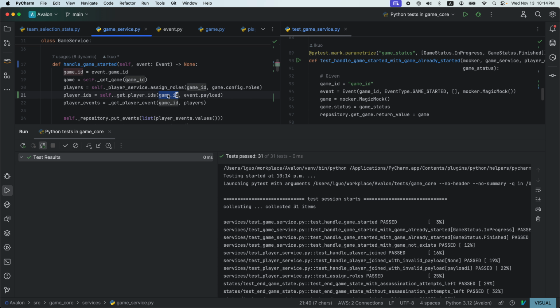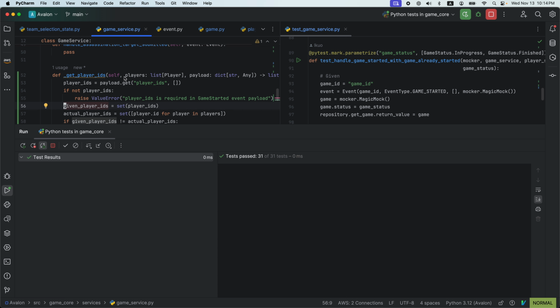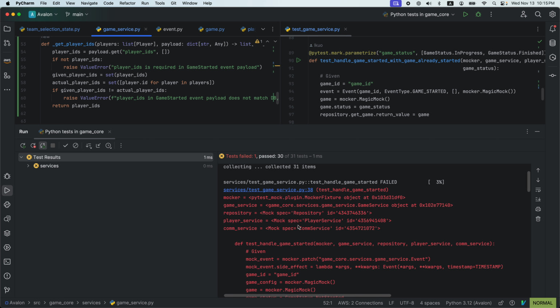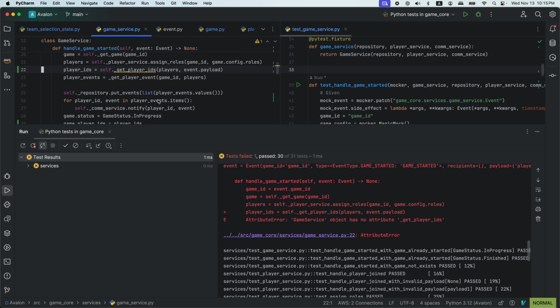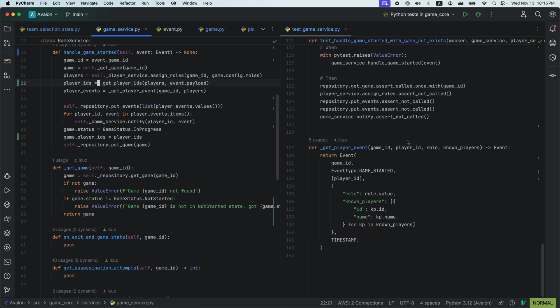So here, instead of player game IDs, I'm gonna give it players. So now instead of game ID, we have players, which is a list of player. Now we have payload. So now we no longer need this, and this can be a static method. Because I get player IDs, yeah, so this no longer needs this. Yep. Okay, so now what we want to verify, so instead of these